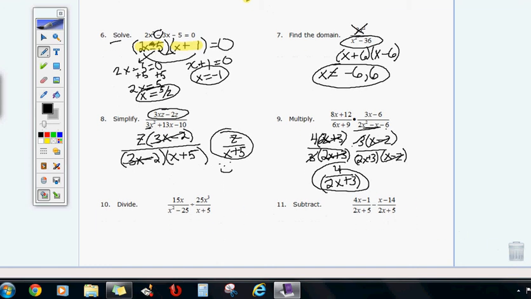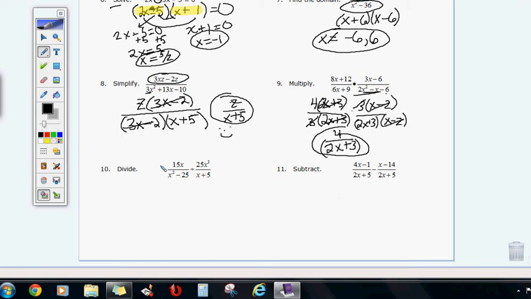Okay, moving along here. We are going to get number 10 in, and then that's going to be the end of this video, and we'll make another one for the rest of the worksheets. So number 10, you want to factor. We are dividing. Dividing is the same as multiplying by the reciprocal. So we're going to leave 15x, it's a monomial, but we are going to turn x squared minus 25 into x plus 5, and then x minus 5. And then we're going to multiply by the reciprocal of that. What that means is we're going to flip this fraction around. So that means we're going to have x plus 5 over 25